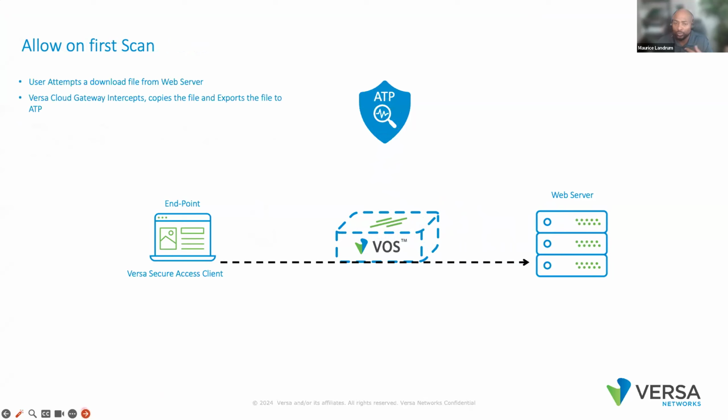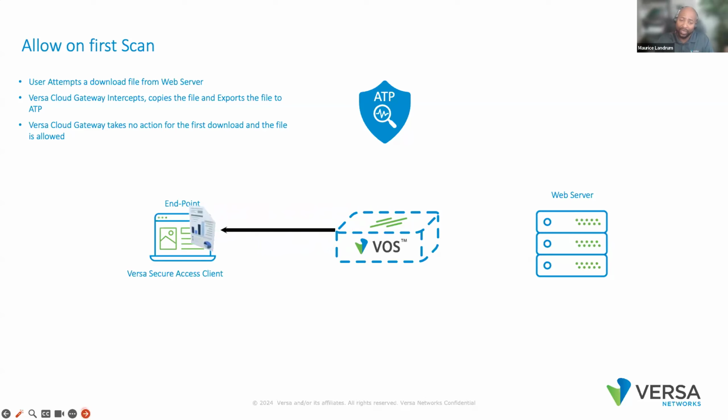We do an analysis on it. We do a static lookup. We go through the multi-AV engine, the metadata, and finally, if the file is determined that every pipeline is clean except for sandboxing, then we detonate that file within the sandbox itself. And then on first scan, we do allow that file to reach the endpoint the first time, and any subsequent transfer is blocked.